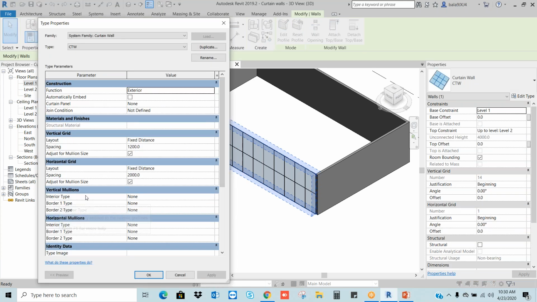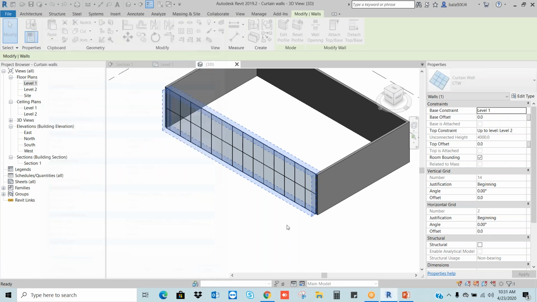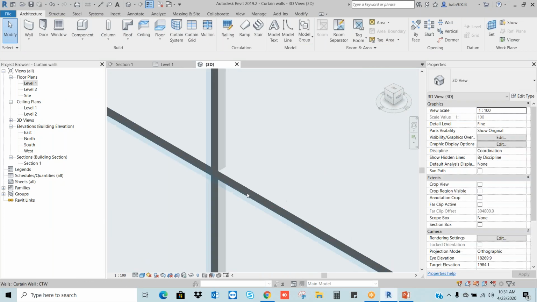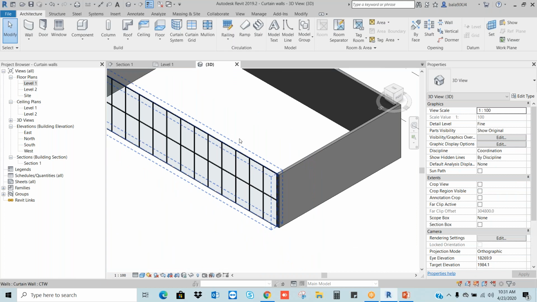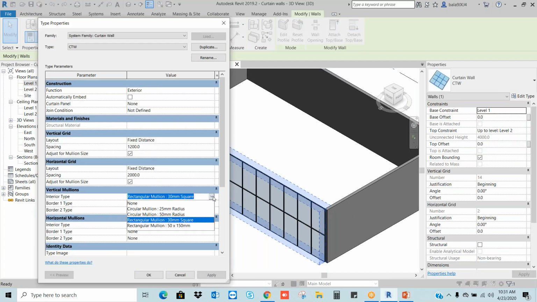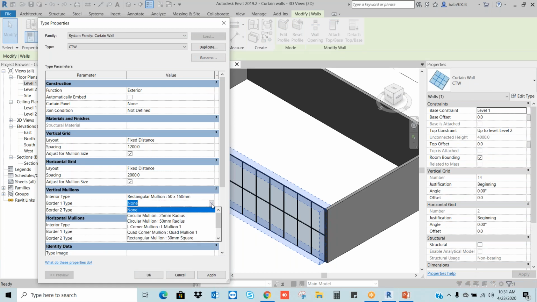Here, let's say I'm going to assign the vertical mullion. Let's say a rectangular square mullion, let's say 30 mm square. Okay, and horizontal also the same kind of mullion. See, this time we got it in the middle, right? I want to change it into a different size for better visibility. This is border 1.